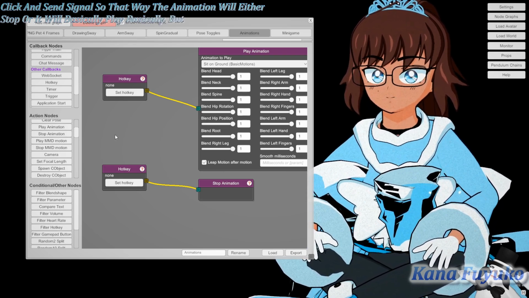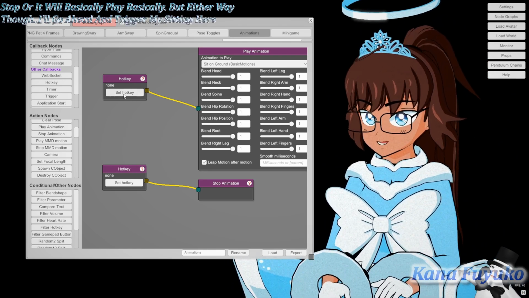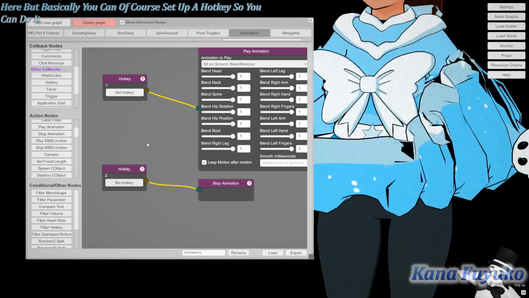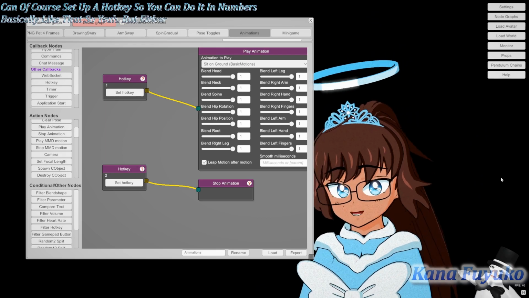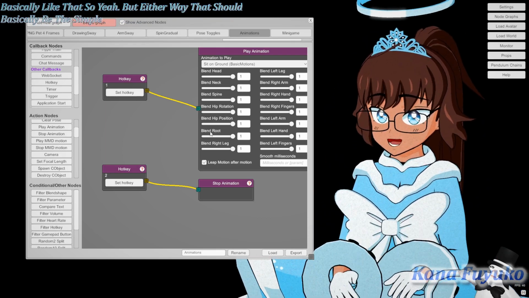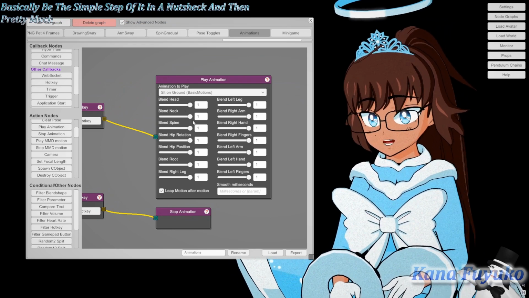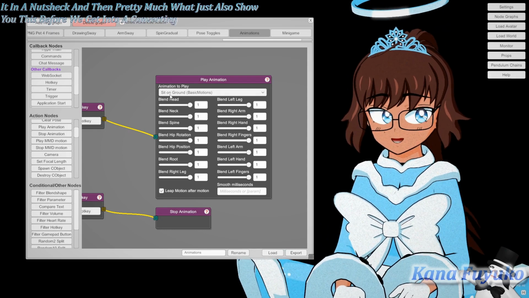But either way though, I'll go ahead and trigger my setting here. Basically, you can of course set up a hotkey so you can do it in numbers, like that. So yeah, that should basically be the simple setup of it in a nutshell. And then, just to also show you this before we get into converting your own